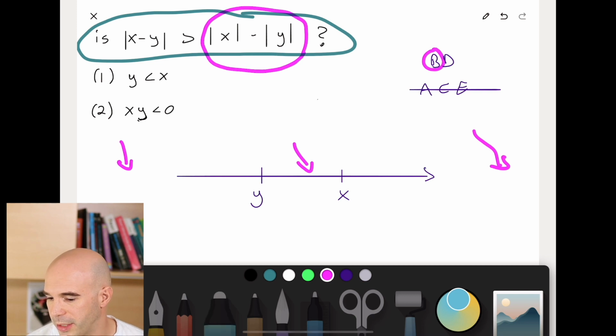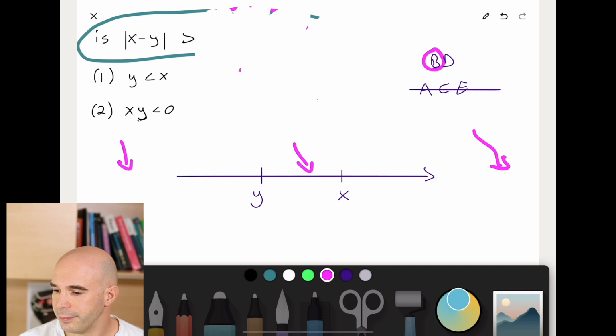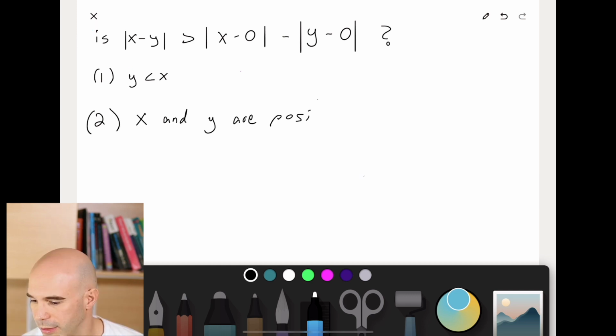Because, here, let me rewrite the right-hand side for you, so to make it clearer. Another way to write the right-hand side is like this. It's talking about x's distance from 0 minus y's distance from 0. So if I have no clue where 0 is on this number line, how could I possibly answer that? So let's evaluate